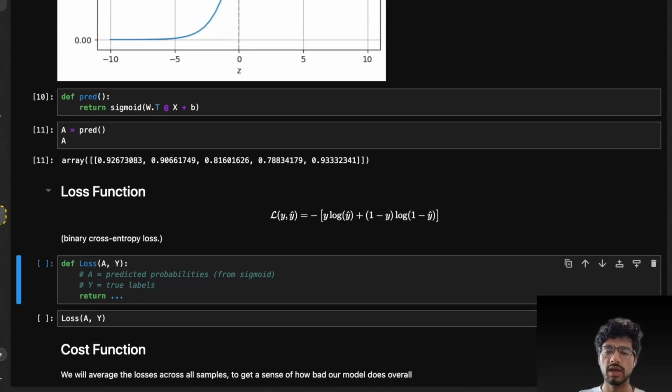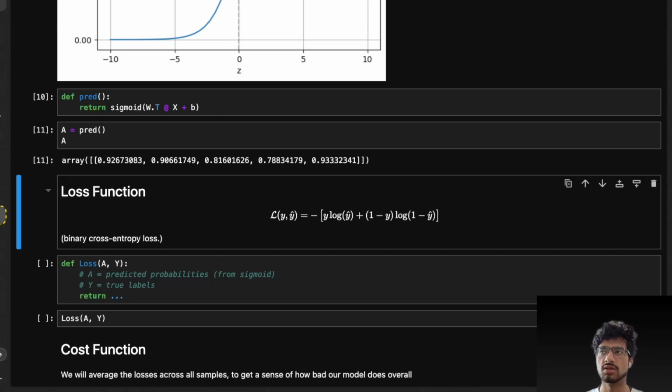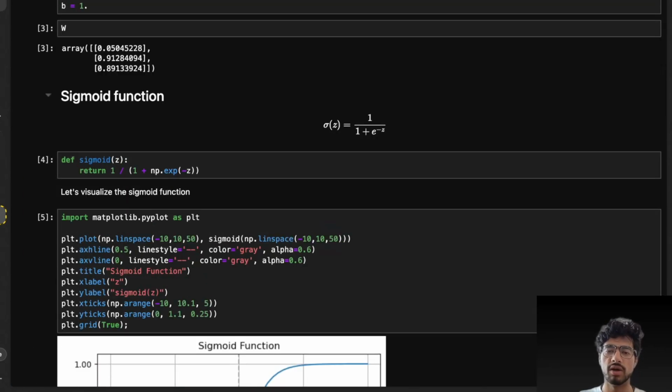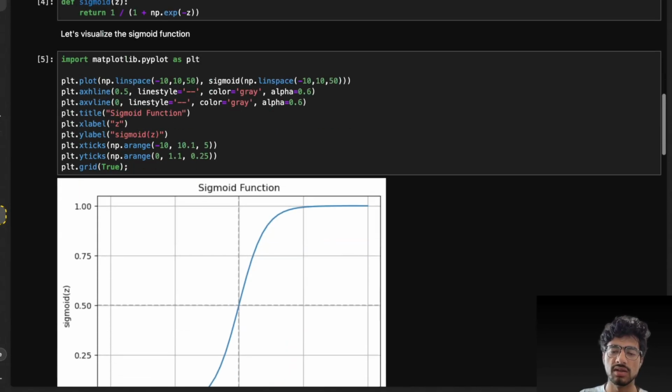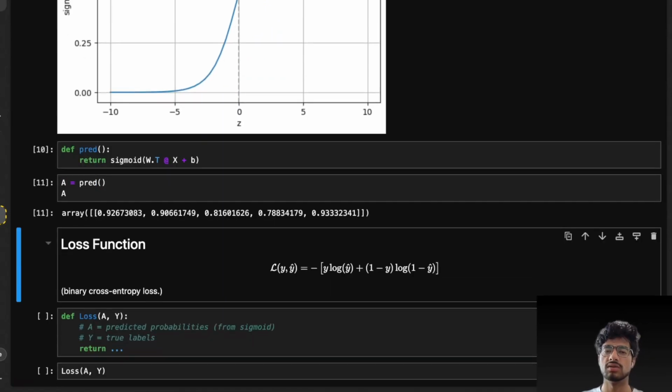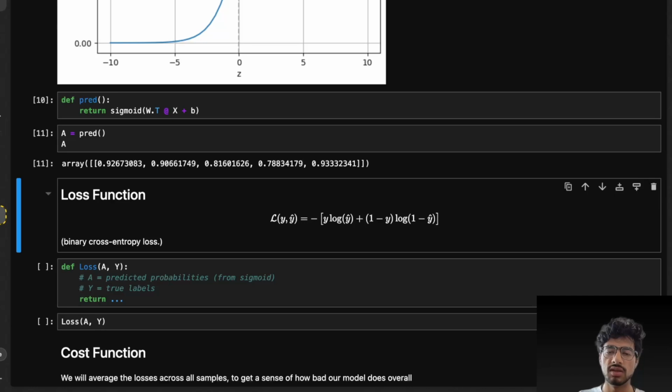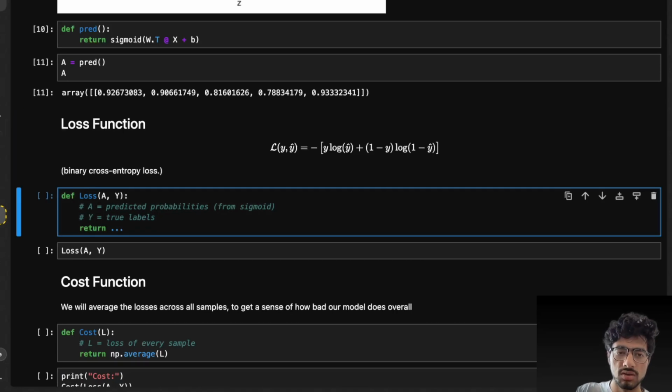Now, the reason we have this loss function rather than just taking the differences of the prediction and the actual ground truth is because we use the sigmoid function, and because of that, a normal sum of squares residuals is not going to work because that's going to give us a non-convex loss function. Using this formula, we ensure that our loss function is convex, and that means it has just one global minimum, no local minima. So let's implement this in